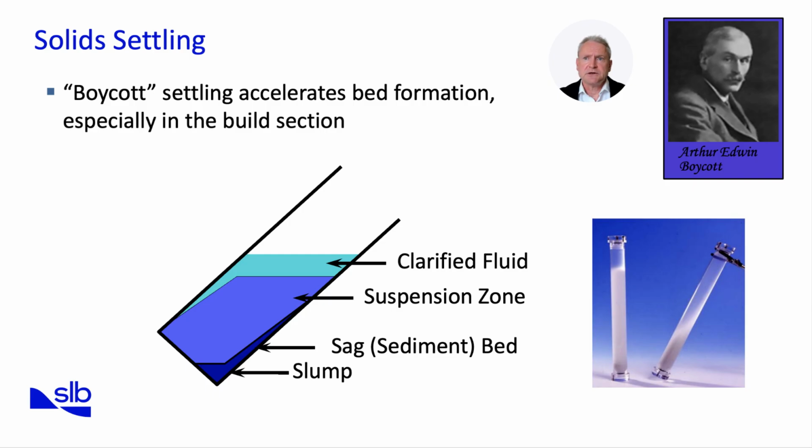When pumps slow or stop, that bed can slump, thickening and becoming harder to re-entrain. This effect is most pronounced in the build section. As inclination increases, the gravity vector has a stronger radial component, so particles slide faster toward the low side. Practically, that means even with adequate annular velocity, you can still see bed growth, rising torque and drag, and eventual